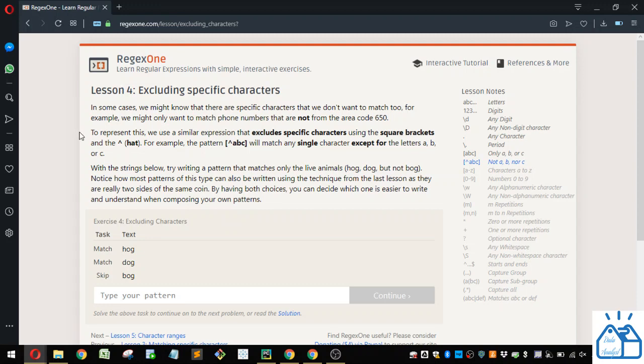So in some cases, we might know that there are specific characters that we don't want to match. For example, we might only want to match phone numbers that are not from the area code 650. To represent this, we use a similar expression that excludes specific characters using the square brackets and the little hat character. For example, the pattern bracket, hat, ABC, end bracket will match any single character except for the letters A, B, or C. With the strings below, try writing a pattern that matches only the live animals, hog, dog,